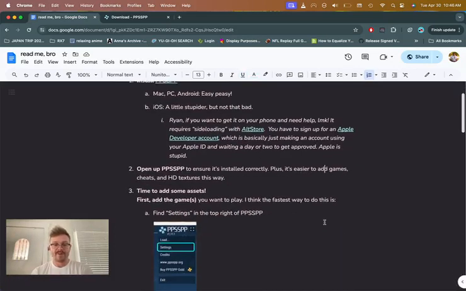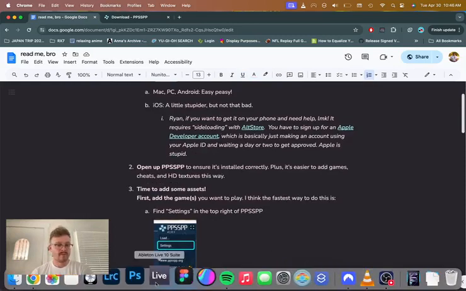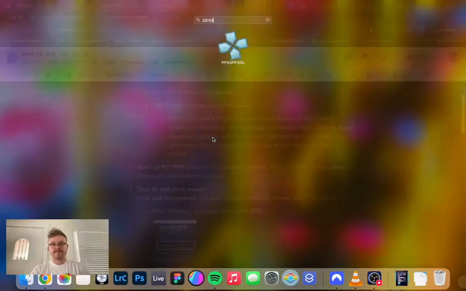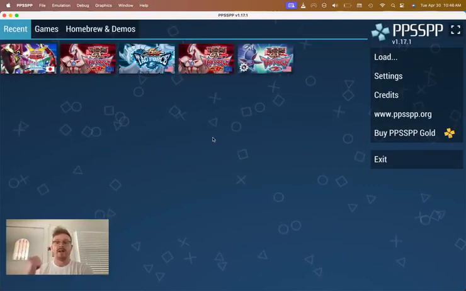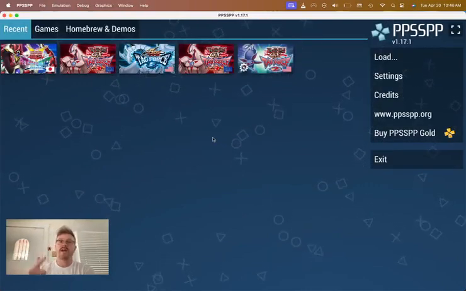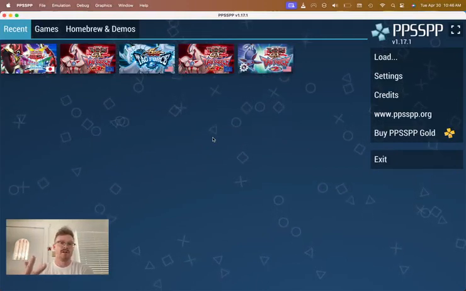And then once you're there, open her up. And then we have to do three things. We have to add games, we have to add cheats, we have to add textures. You don't have to add